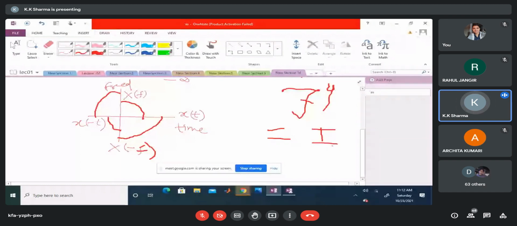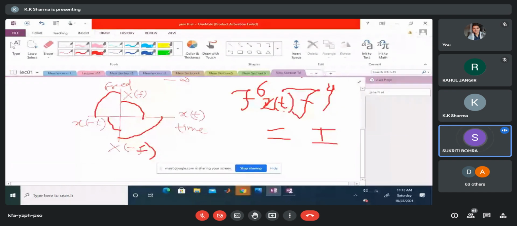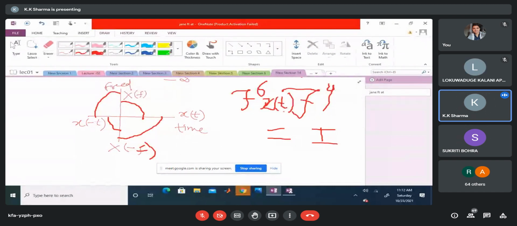Now can you tell me what will be the value of F to the power 6? If I apply F to the power 6 on any signal x of t, can you tell me what you will get? Anyone? What will you get? X of minus t. X of minus t. Good. So you understood this simple fact, and in fact